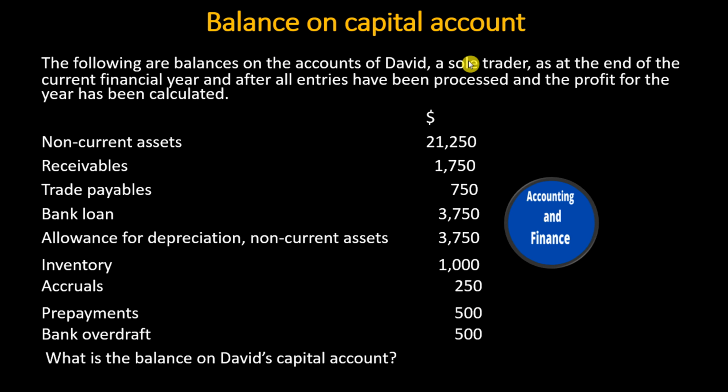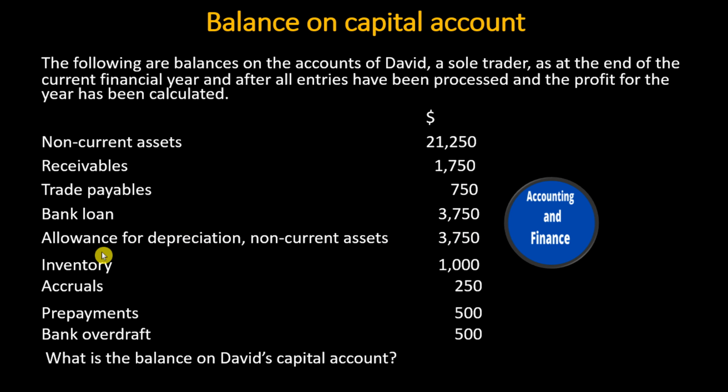Balance on capital account. The following are balances on the accounts of David, a sole trader, as at the end of the current financial year and after all entries have been processed and the profit for the year has been calculated. Non-current assets, $21,250. Receivables, $1,750. Trade payables, $750. Bank loan,